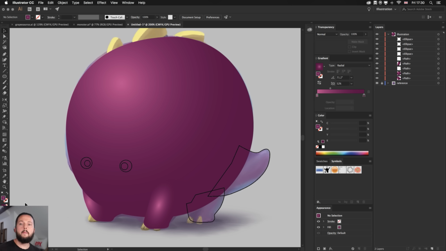I can see one question that came up about the mesh tool. We will be using it, but I usually combine the mesh with simple gradients. So you sometimes get better results for bigger shapes by using an actual gradient directly on the object and then using a mesh on top of it as a separate object. So you will see my shadows on the belly of this monster will be created with the mesh tool.